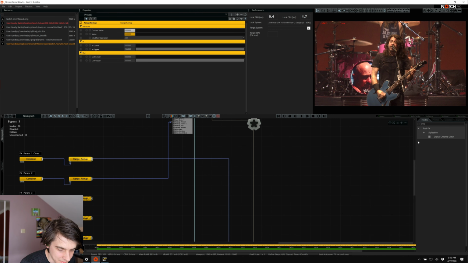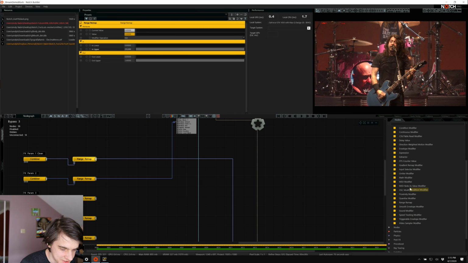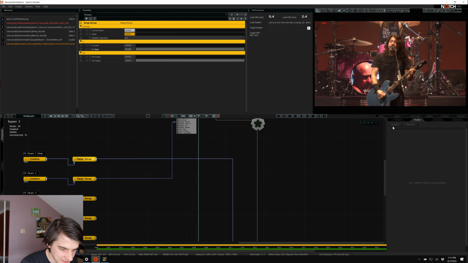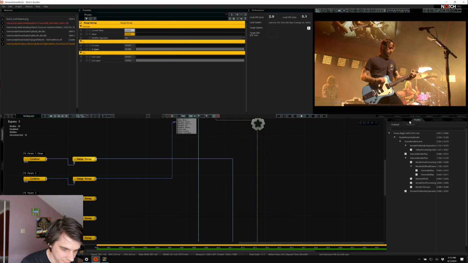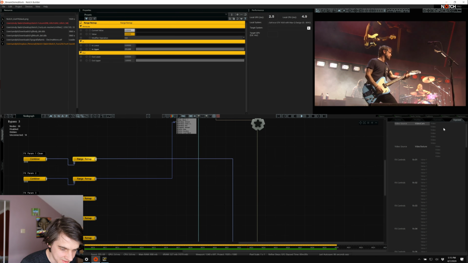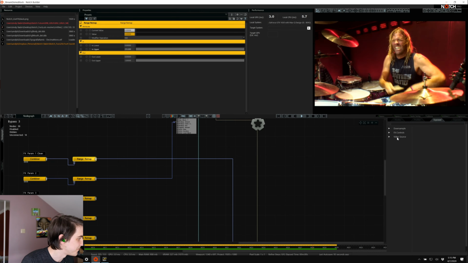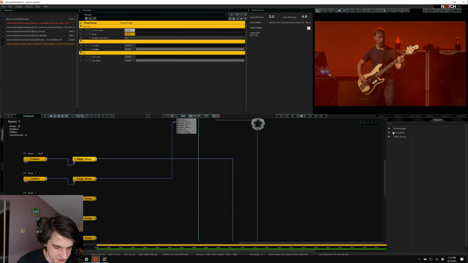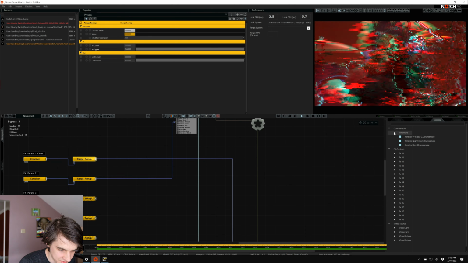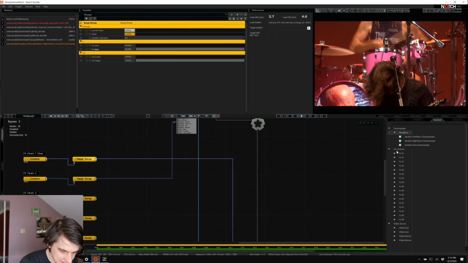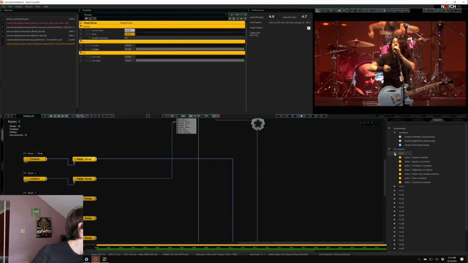Anyways. Over on your right-hand side by default in Notch, you have a couple tabs that are super useful. You have your node graph, which hopefully you should know by now. Profiler, which is used for debugging and shows you what everything's doing, which can also be super helpful, which we can get into. But then you have these exposed tabs. You have exposed and exposed. I don't know why there's a second one. But what this does is this actually shows you everything that's exposed in your project, and as you can see here, it shows you per UUID. So, for example, if I expand this one, you will,